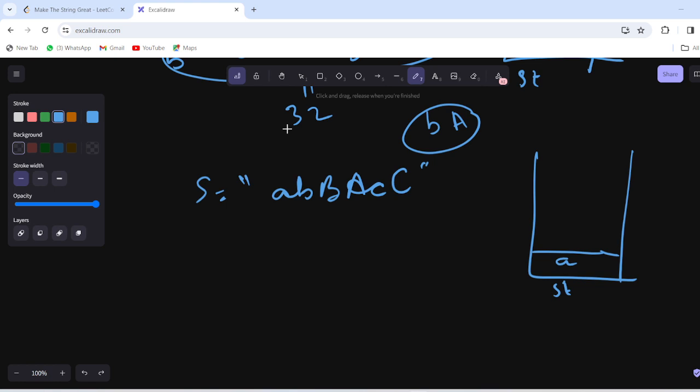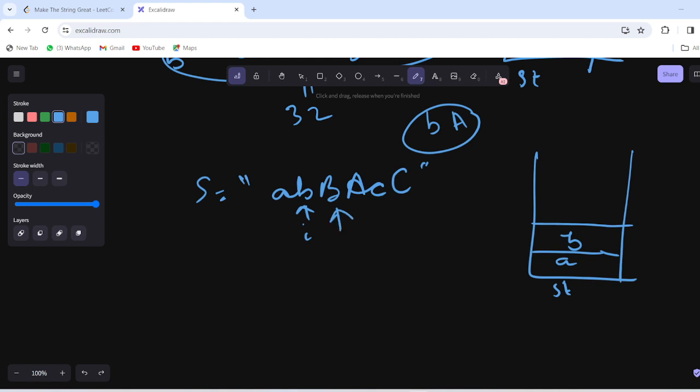So what we will do is pop that element. When we are at this first index, we see that the ASCII values of both didn't give us a difference of 32, so we will push it to our stack.